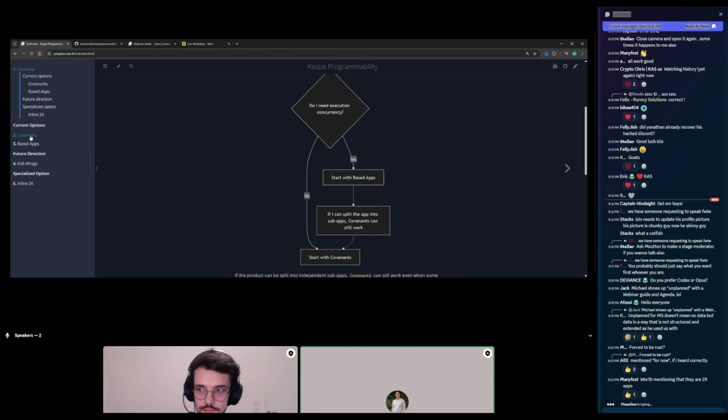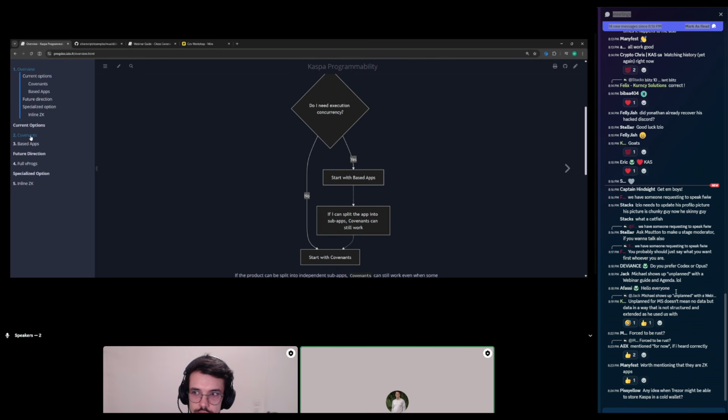So covenants are scripts on L1, and a UTXO can be locked into a covenant, into a script, so it's locked into the hash, some kind of logic. And then when you spend it, the spender provides a preimage of the logic. So it actually provides the full contract governing the spend and executes a spend. So the UTXO model, there's no reading only. You always read, consume, and write.